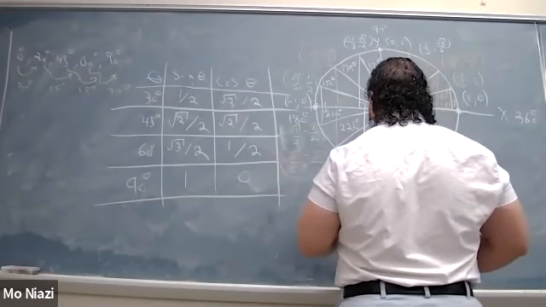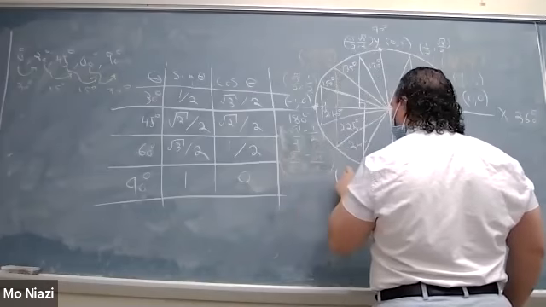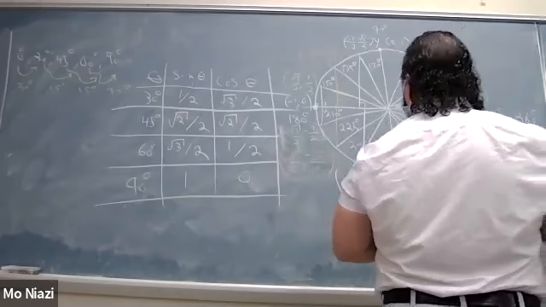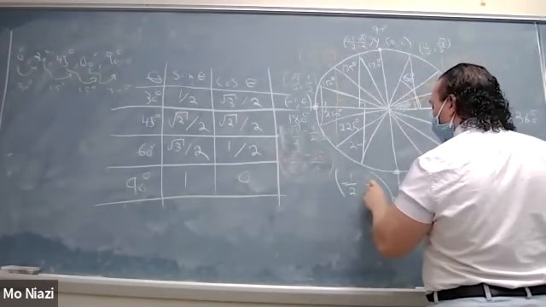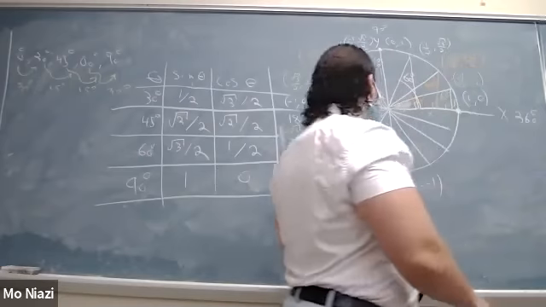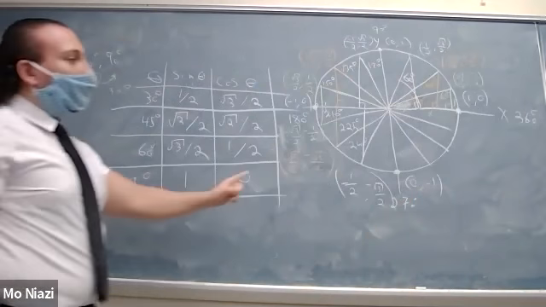Negative 1/2 and negative square root of 3 over 2. Where are you coming up with these values? Because it's reflected in the location of where the